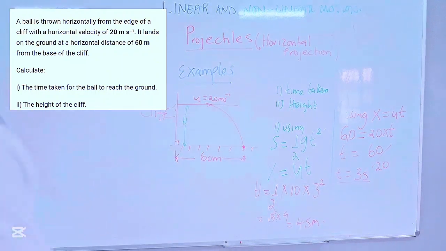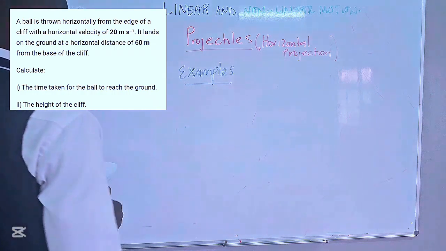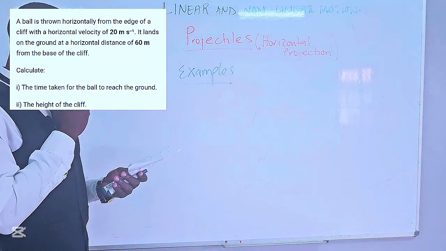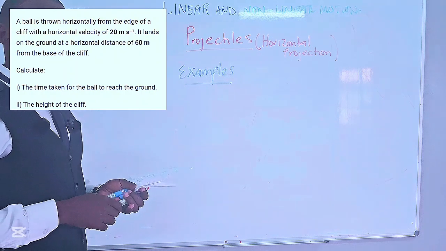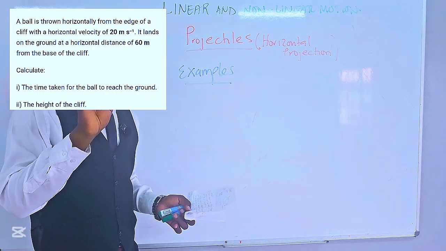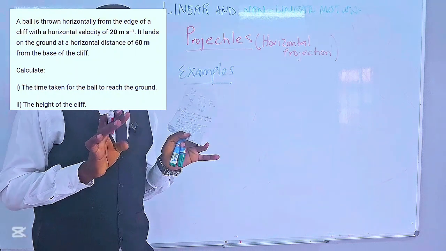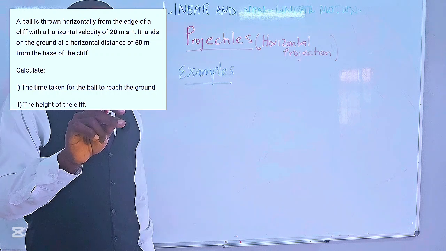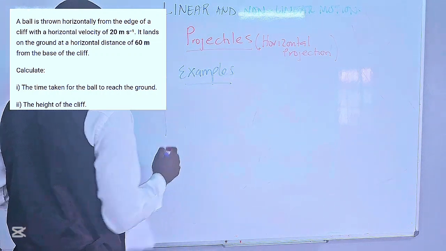That's example 1. Anyway, let's look at example 2. They are telling us that an object is released from an aircraft traveling horizontally with a velocity of 200 meters per second, traveling horizontally. So that is a horizontal projection. The moment you see something like horizontal, then you know it is a horizontal projectile. So you draw your sketch